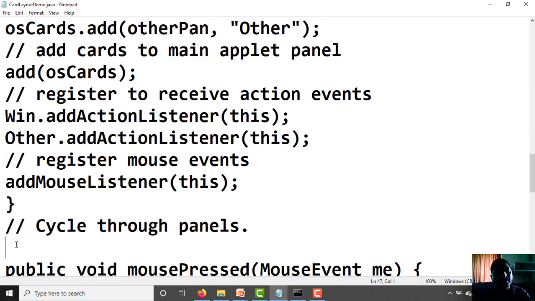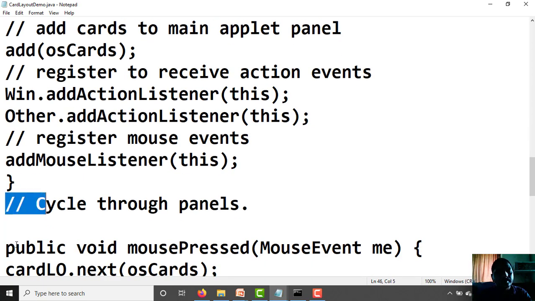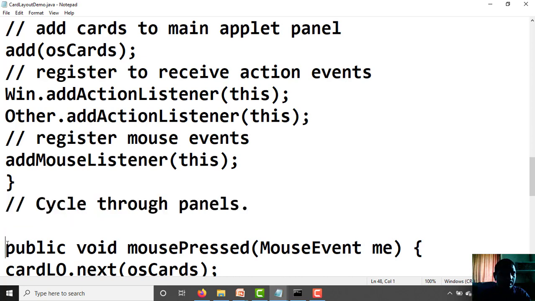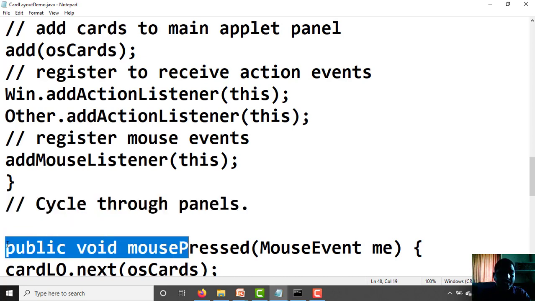Okay, next, cycle through panels means to change the panel or select a panel, and we can do that operation with this method. Suppose we are pressing the mouse, then for that the mouse events we have registered.